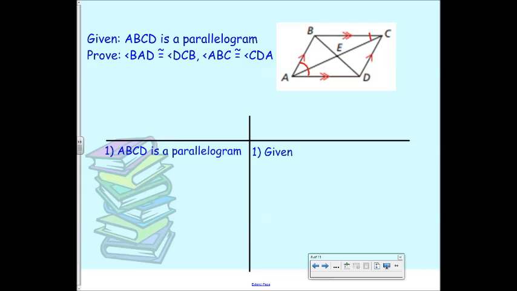is right here. All right, and we also are trying to prove that ABC, which is this angle right here, is congruent to angle CDA, which is right here. All right, so since I know that this is a parallelogram, then I can prove this already, right? Because what are angle A and C? So BAD, which I'm also just going to call angle A, it's right here. BAD is congruent to DCB,